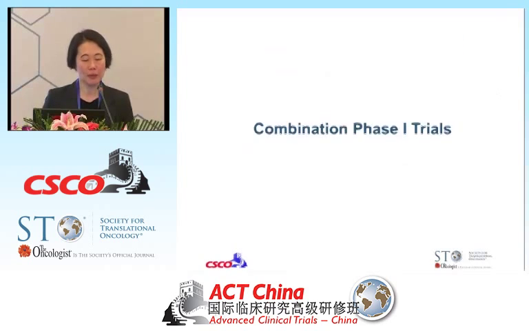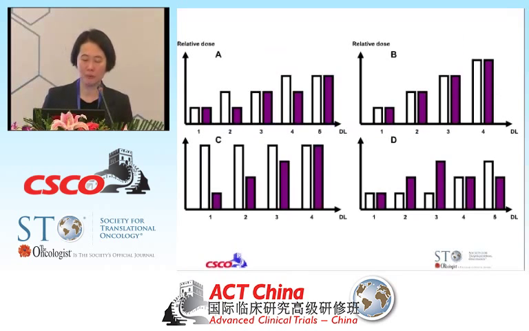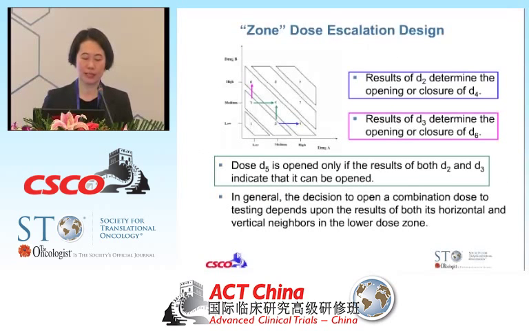I don't have a lot of time on combination phase 1 studies because these are complex studies, because you could obviously dose escalate 2 different drugs in many different ways. One such design that is very interesting, for example, is this zone design where you can escalate in more than one combination at the same time, where you can increase drug A but keep drug B constant, or increase drug B keeping drug A constant, or increase both when both at increased dose level have been cleared. And as you can see, it's a very complex way to think of how to really combine two drugs safely.